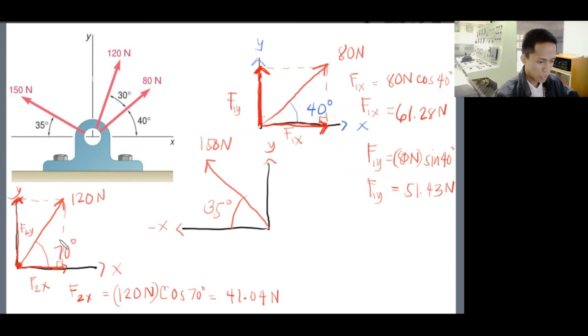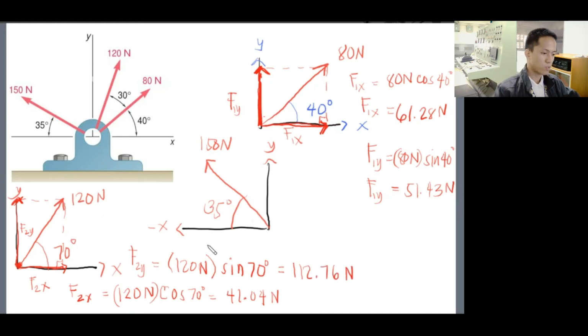Now, dito, F of 2y natin. So, F of 2y, we have here 120 newtons. Opposite siya. So, this is sine. So, sine 70 degrees. So, this is equal to, positive pa rin. Kitang-kita naman sa figure. So, this is 112.76 newtons. So, let's proceed. Nakuha na natin yung components ng force na 120, then let's proceed